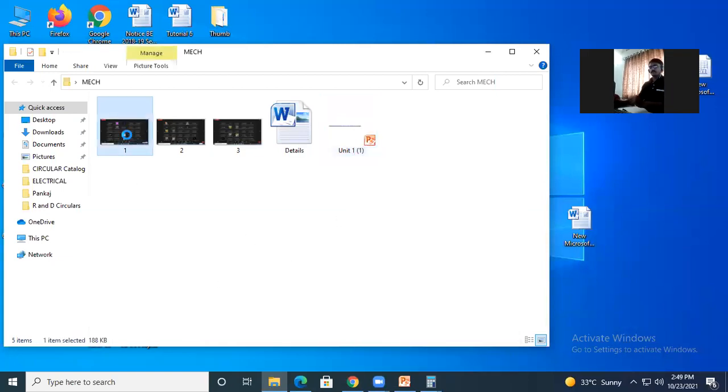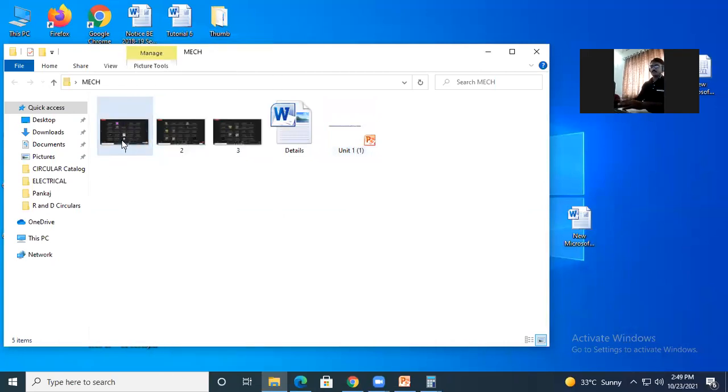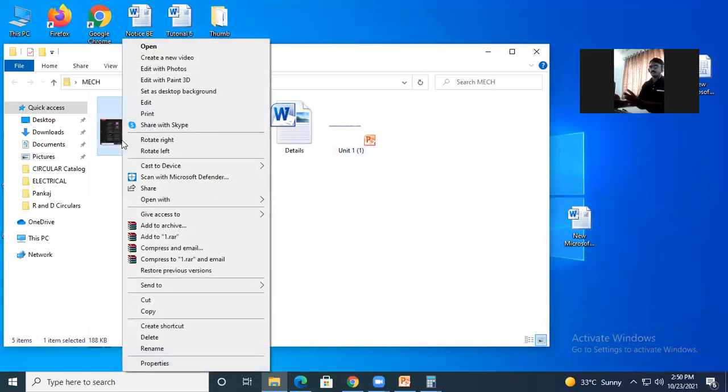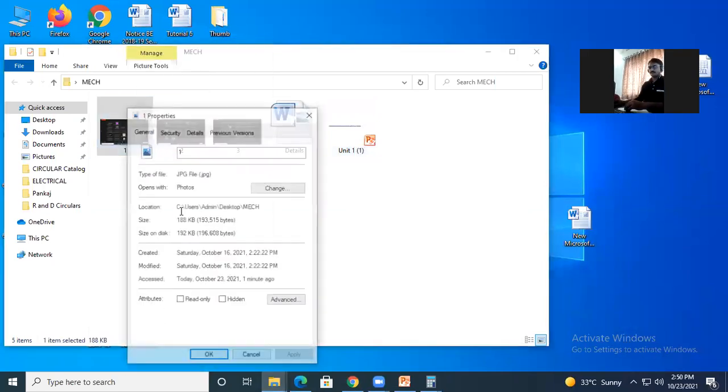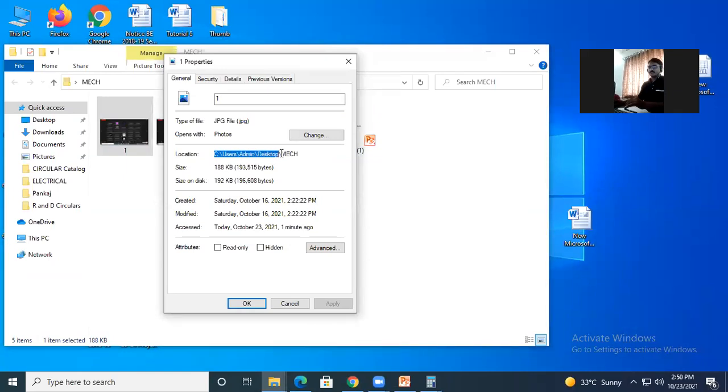If I right click on this screenshot, in the last lecture I took your attendance through this and I stored it here in the mechanical folder. If I right click and go to properties, see, from my hard disk where it is stored, the location is given. In the C drive there is a user folder. In the user folder I have the admin folder. In admin there is a desktop folder. In the desktop folder, I have one more folder called mechanical. If you check, you can zoom your screen. If you zoom your screen a little, you will see this clearly.